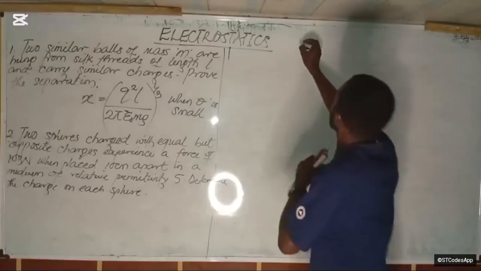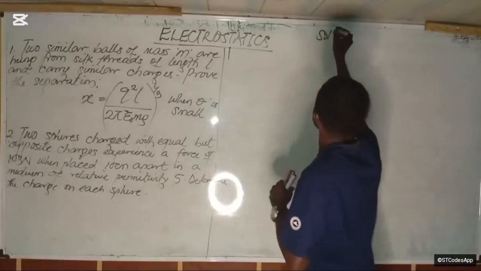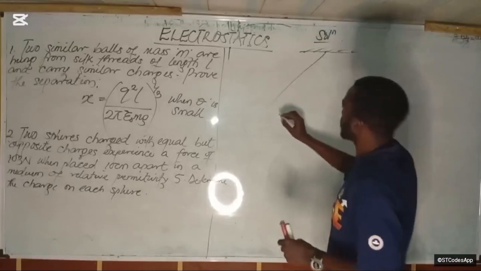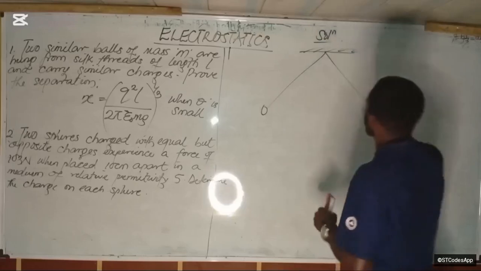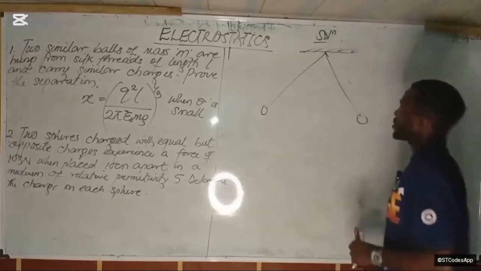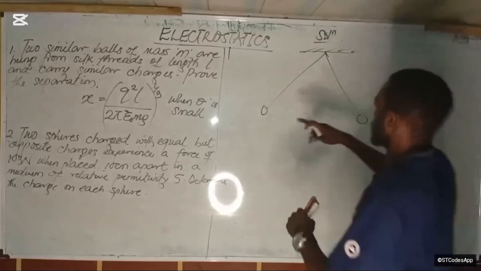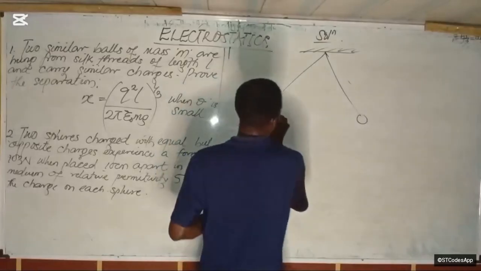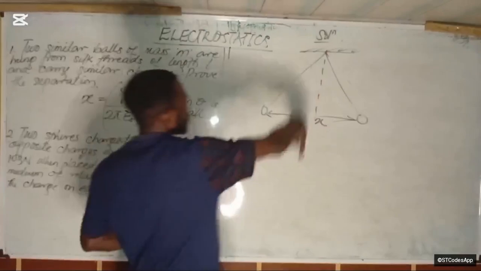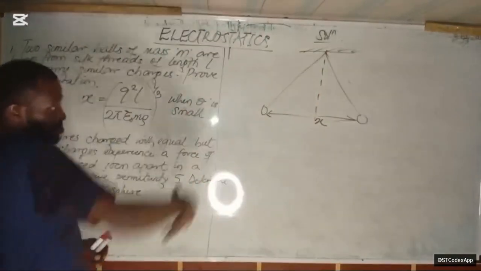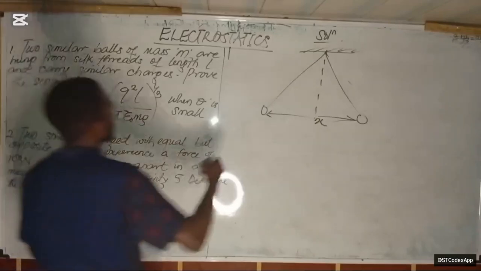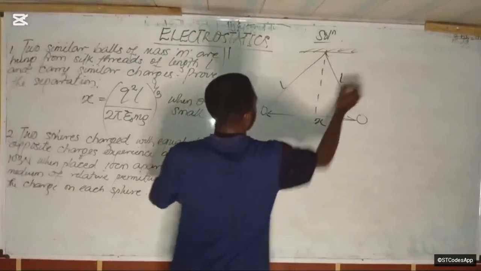So if they are hanging, it means that they're hanging from somewhere, right? One is hanging in this direction, the other will hang in this direction. Okay. So the distance of separation is what we're proving here. There's an equilibrium position here, or like the middle there. And the length of this thread here is L.